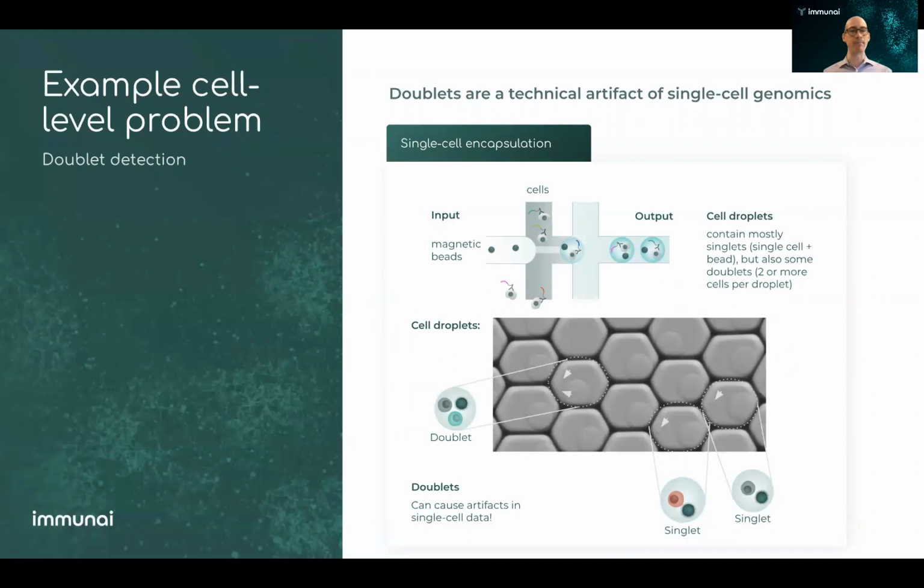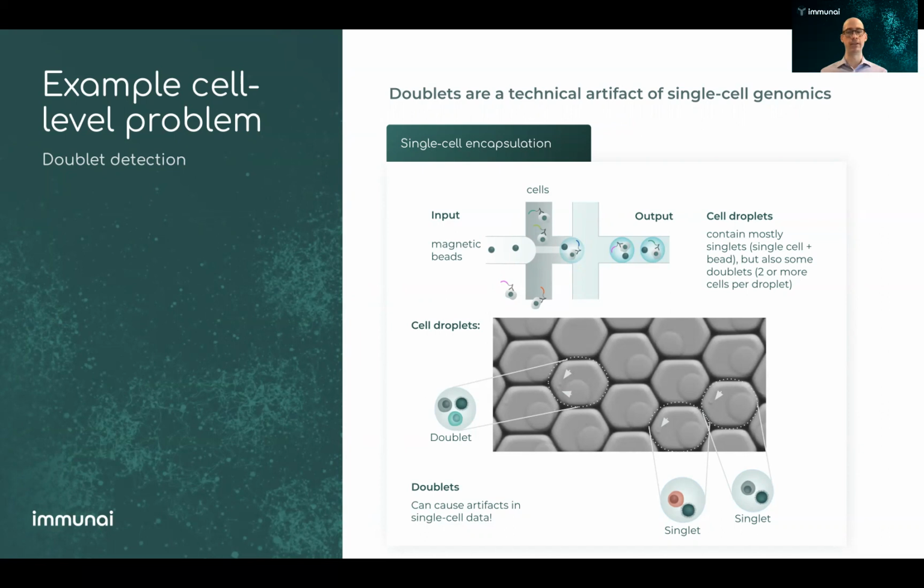So an example of a cell level problem is doublet detection, right? Doublets are a technical artifact of single cell genomics, where instead of looking at what you think is a single cell, you're actually looking at multiple cells that get encapsulated in the same bead, the same droplet. And this is a detail of how single cell genomics works. If you can't detect these doublets, it really muddies the waters downstream. So it's really important to be able to detect when you have a doublet